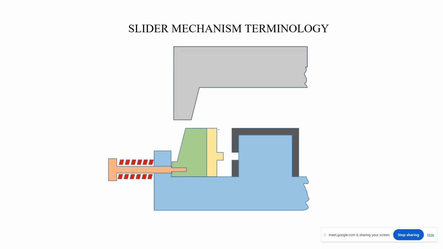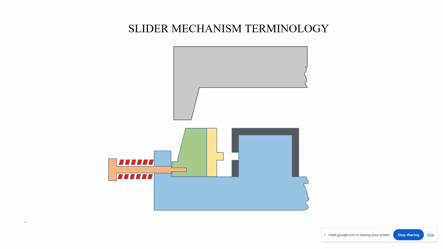Okay, so this is the slider. This wedge and this wedge will meet each other, and this wedge or the heel block will push the slider in this direction. And this spring will be compressed. Once the mold is open, this spring will try to regain its original shape, so it will pull the slider back. So that's why this undercut will be